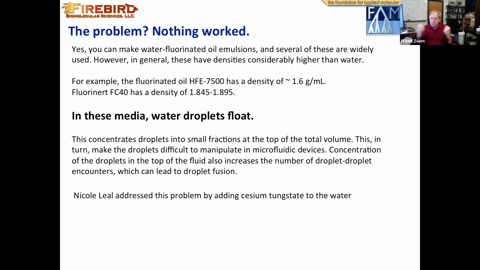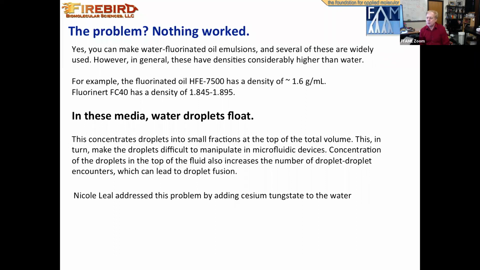They also bump into each other a lot more than if they were dispersed throughout the entire volume. That leads to droplet-droplet fusion. And of course, that destroys the compartmentalization and the Darwinism that you want for selection. By the way, Nicole Liao, who works here as well, addressed this problem by adding cesium tungstate to the